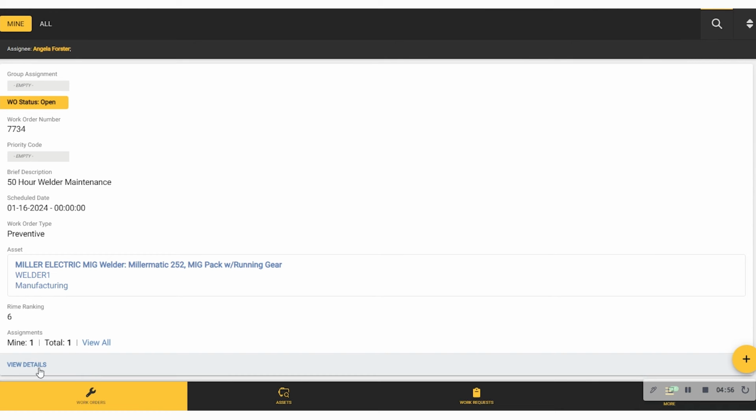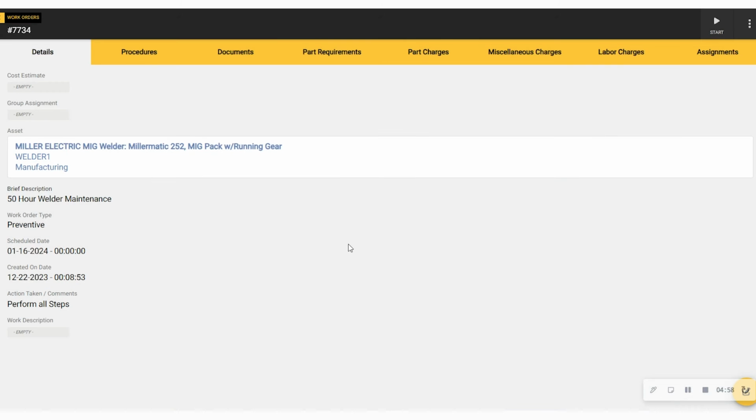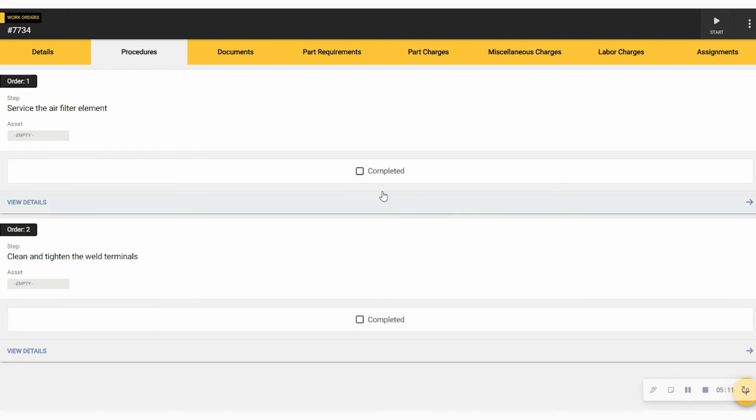So they're listed right here. I could go ahead and pick any of the ones in my list here. This one's for a welder maintenance. I would be able to start logging my time against this particular work order. It would also create a labor charge there. I can easily also see part charges added here. I can see any procedural steps that I would like to mark off that I am completing as well. And of course, I'm also able then to complete this work order all from this mobile app.